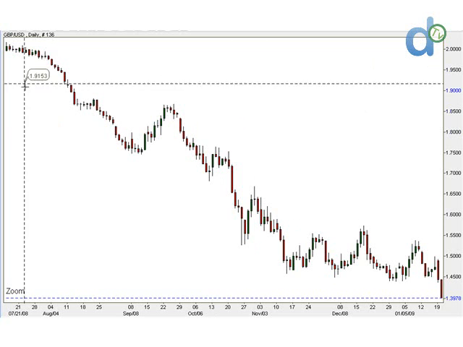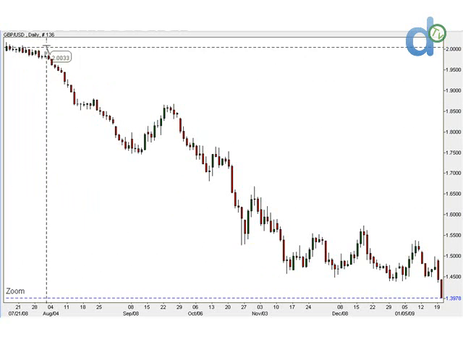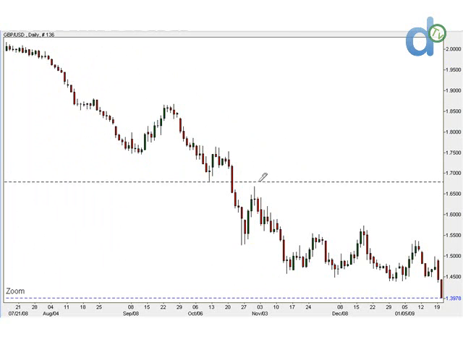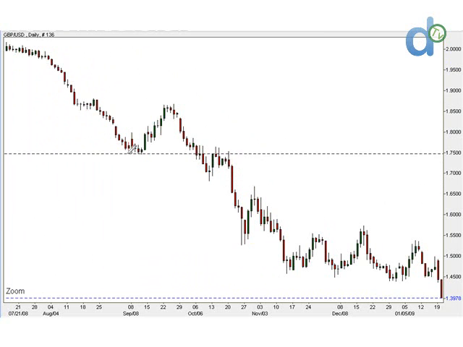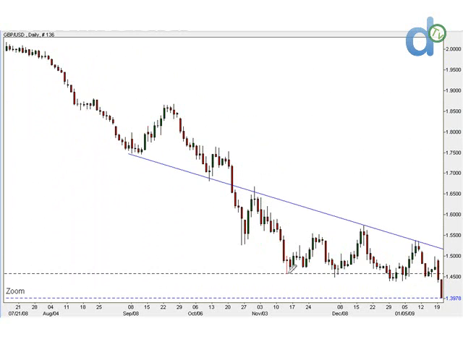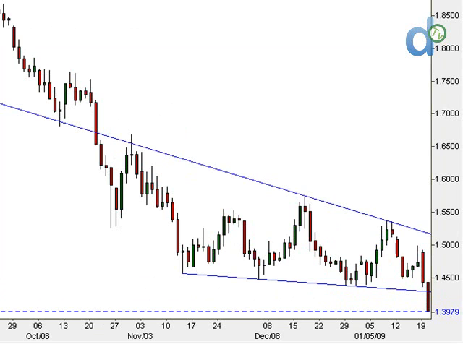Now, the first chart I've already brought up is the pound against the dollar. It's a daily chart. You can see in the upper left-hand corner, right around here, it's a daily chart. I'm going to plot a few trend lines, stuff that we're looking at. If you look very carefully, you can see that we were consolidating in this area just around here. Even though yesterday the Bank of England came out and said they're going to buy more toxic assets, and this whole plan is going to involve something like around $73 billion,